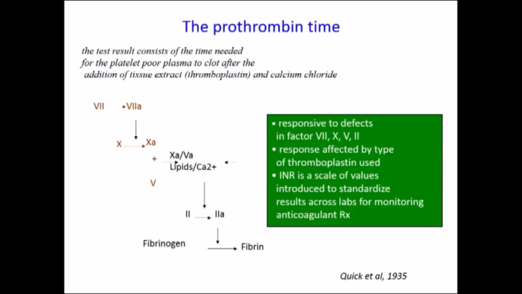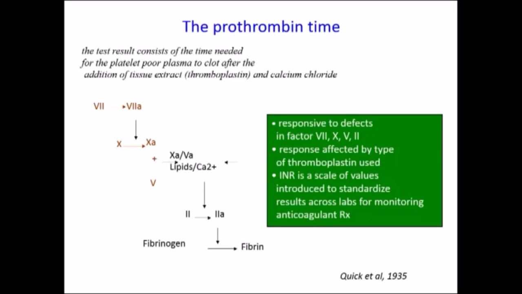The other test that we use is the prothrombin time. And there are, again, a lot of misconceptions about how to interpret it and what the implications of this test are. So the prothrombin time was developed essentially as a test which provides us the time that it takes for platelet-poor plasma to clot when you add tissue extract, which is thromboplastin, and calcium. This was developed in 1935, and really